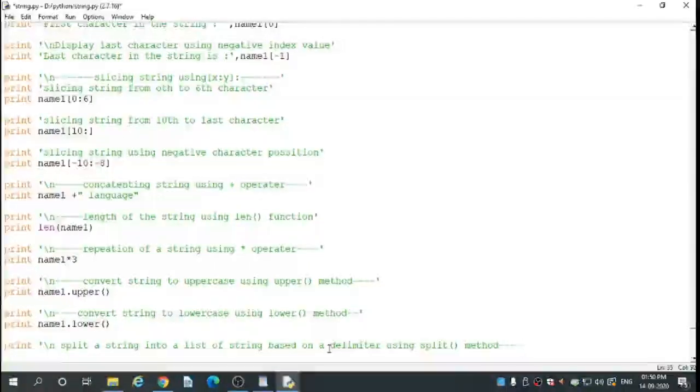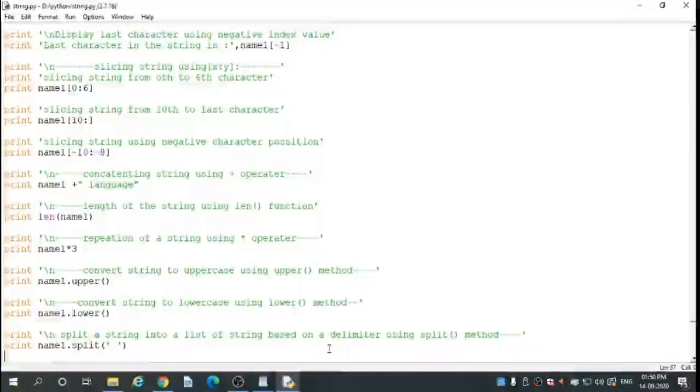Single quote completed here. Enter. Print name1 dot split, in opening bracket here. Give here single quotes.